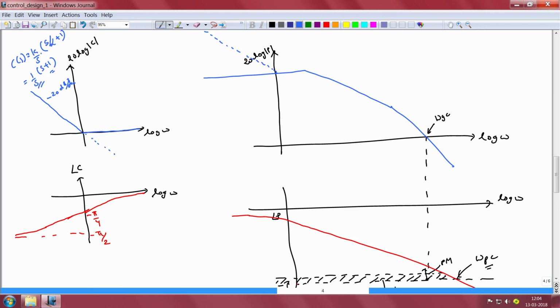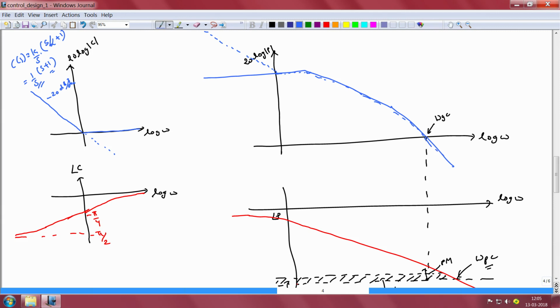Indeed, it neither amplifies nor attenuates, because the gain here is 0 dB, or the gain is simply equal to 1. So, beyond the first corner frequency the controller ceases to modify the plant's characteristics. So, the overall magnitude characteristics will simply coincide with that of the plant itself, and the gain crossover frequency will therefore be still that of the plant itself.